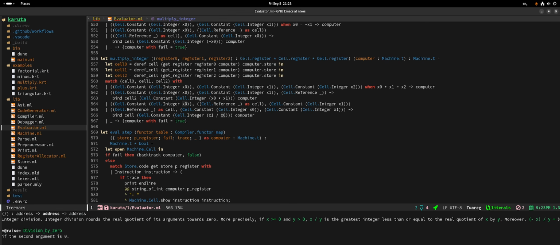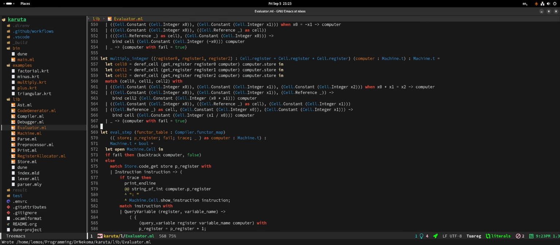Let's see, multiply integer. If we have an integer and a reference, we just multiply them together. That's fine. If we have an integer and a reference and another integer,